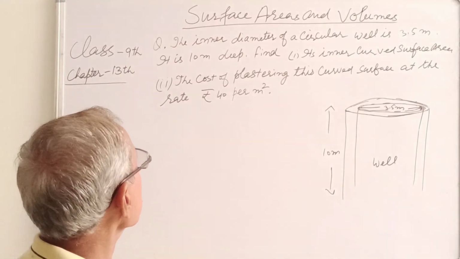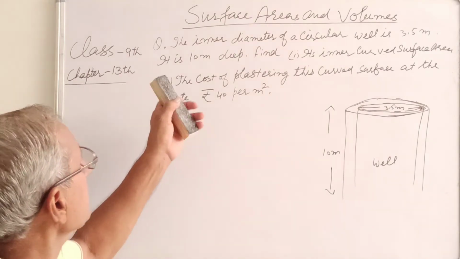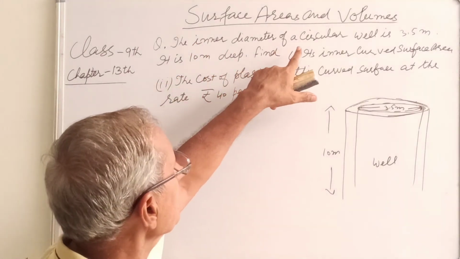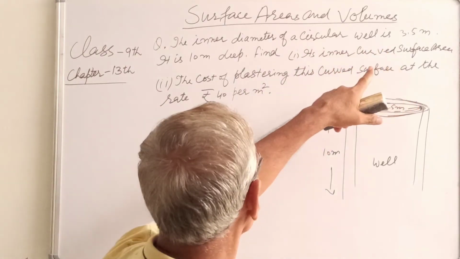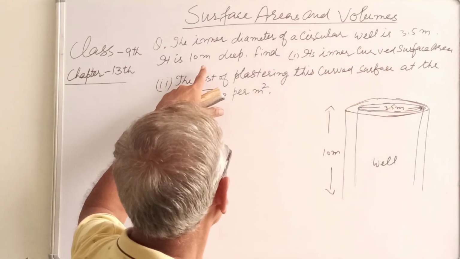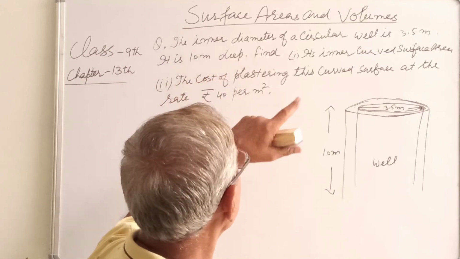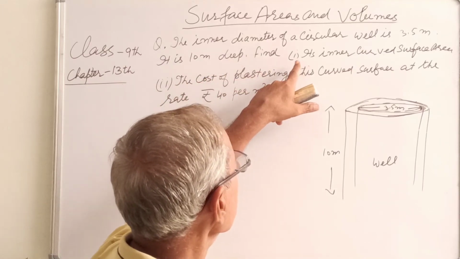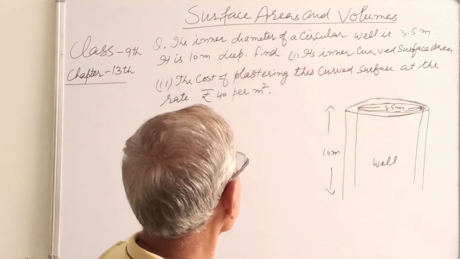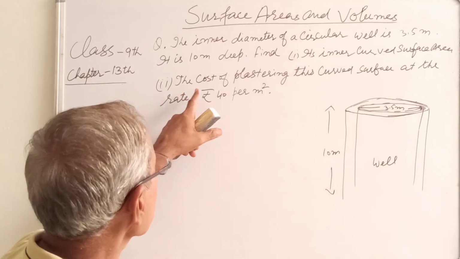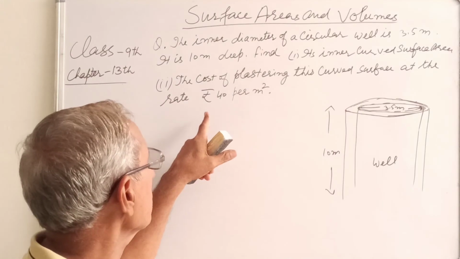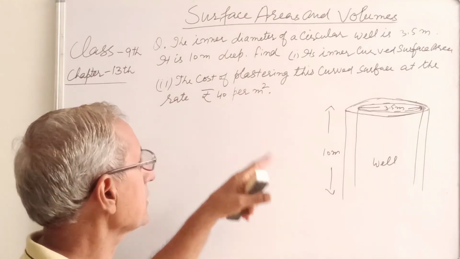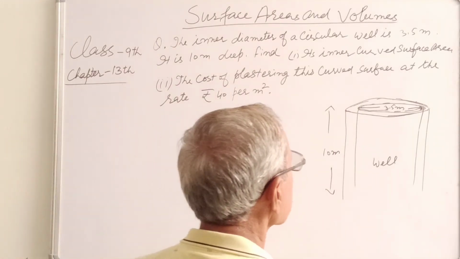The next question is, the inner diameter of a circular well is 3.5 meter. It is 10 meter deep. Find number 1, its inner curved surface area, and number 2, the cost of plastering this curved surface area at the rate rupees 40 per meter square. So this is the well,